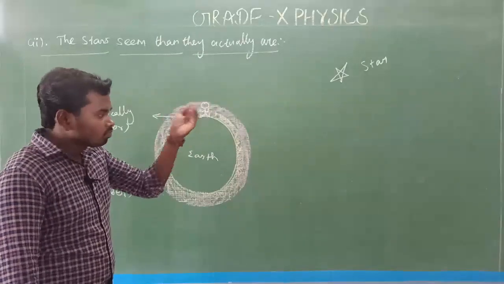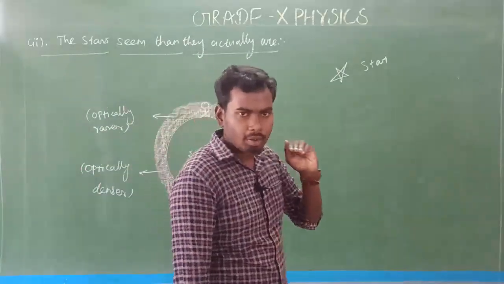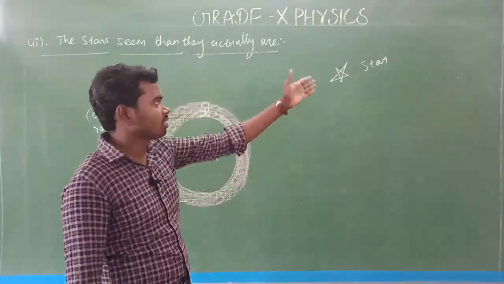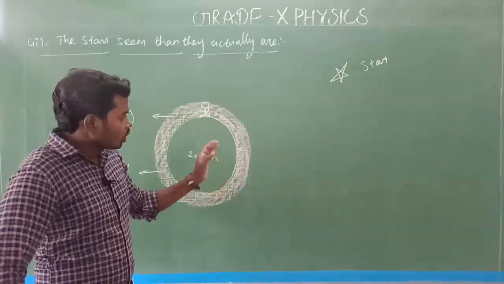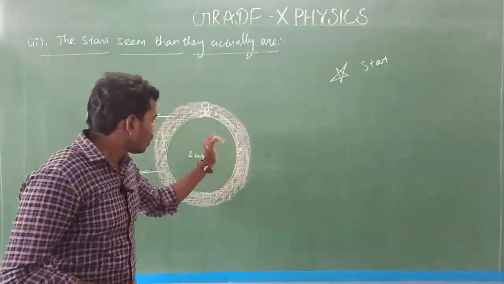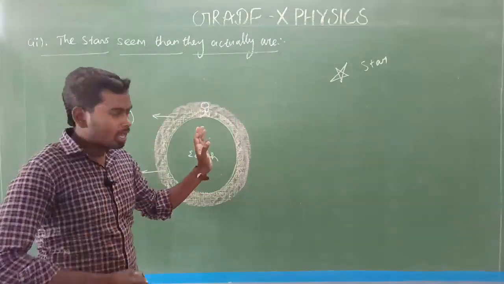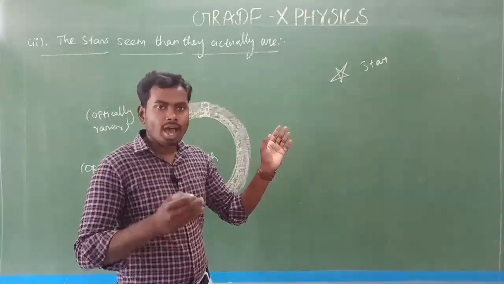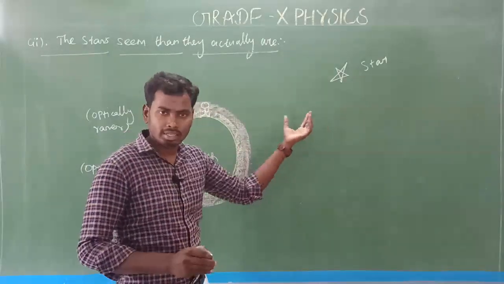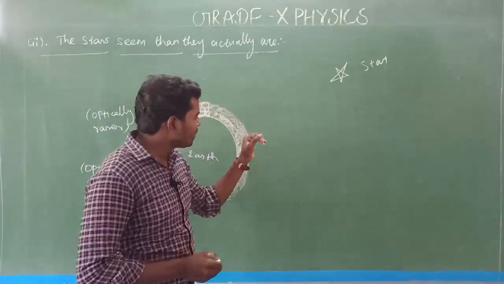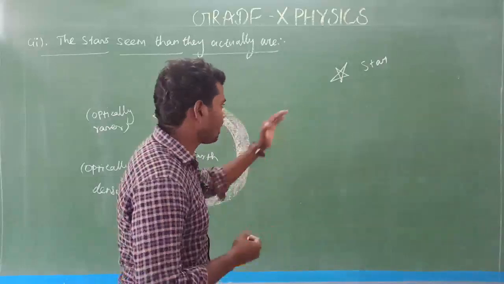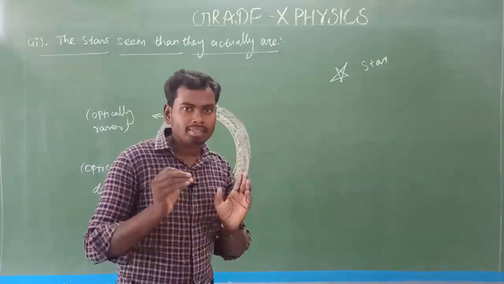So the starlight is coming from the star, which is located millions and millions of kilometers away from the Earth's surface. Is it clear? Yes. The atmosphere is present only a few kilometers from the Earth's surface. But what is there between the atmosphere and the star? Nothing is there. Just vacuum. Am I right? Just vacuum is there between the atmosphere and the star, which means just space. Isn't it?